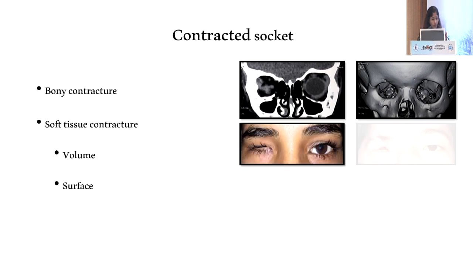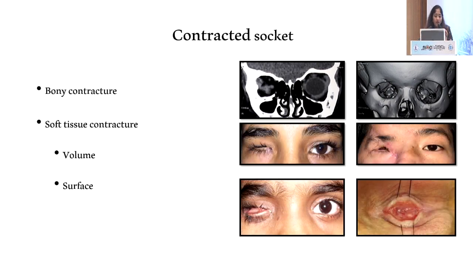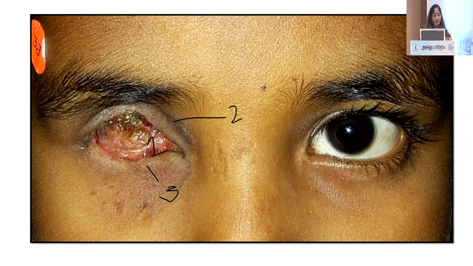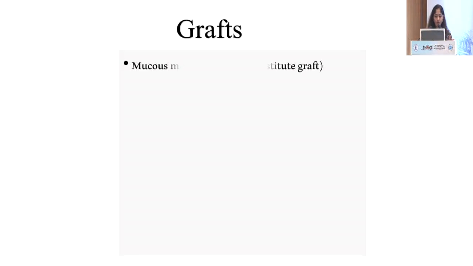So, as etiology is already mentioned, it can be congenital, it can be iatrogenic, it can be malignant because of multiple injuries. Now, as you look at this, these are the three most important things I was just stressing. One is volume. Second is the fornices, that is the posterior lamella and the lining. And third, we should not forget the anterior lamella, the periocular tissue as well, because that is also very important in assessing while you plan and want to give the patient a very good cosmetic outcome.